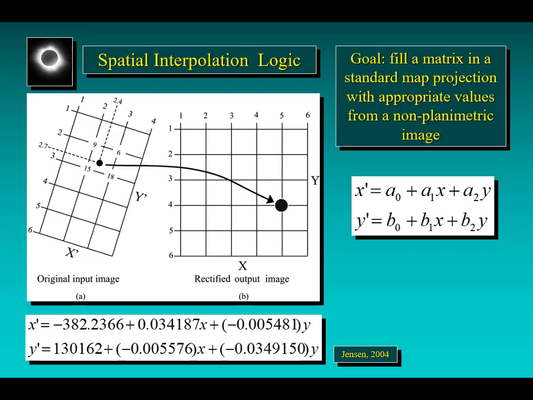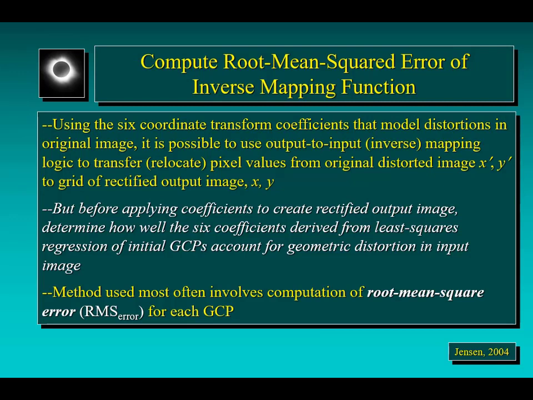And this is simply an illustration of that spatial interpolation logic, where the goal is to fill a matrix in some standard map projection utilizing appropriate values from a non-planimetric image or unrectified image. So if we use the 6-coordinate transform coefficients that model the distortions that exist within our original image, we can use our output to input or inverse mapping logic in order to transfer or relocate the pixel values that we have within our original geometrically distorted image, those x prime, y prime locations,